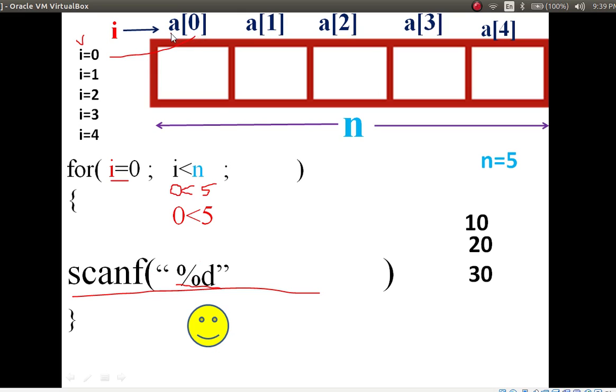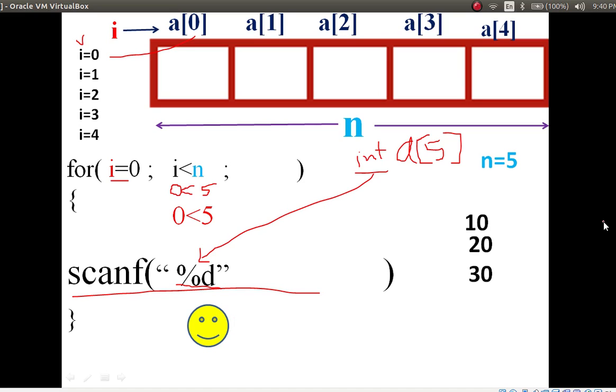Our array name here is A, with size 5, and its data type is int. If you are using int, use the format specifier %d. If you are using float, we have to use %f, like that.